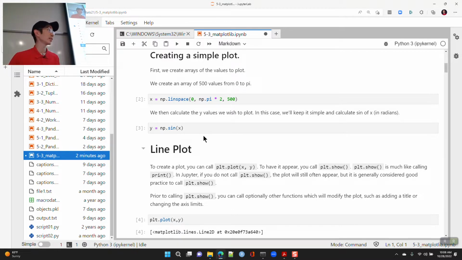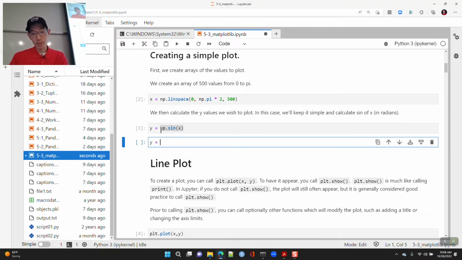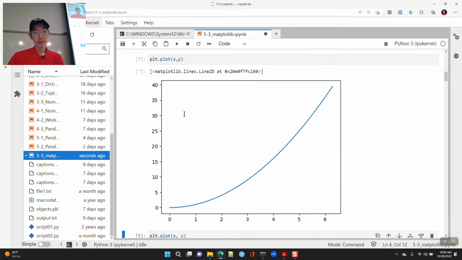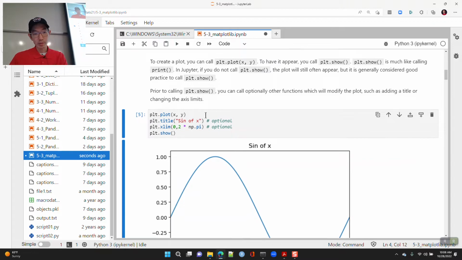Now I could have had any other kind of function or any other kind of values, right? I could say y is equal to x squared. If I did this, y equals x squared, and now if I plot this, we get a quadratic thing. But that's not what I want.